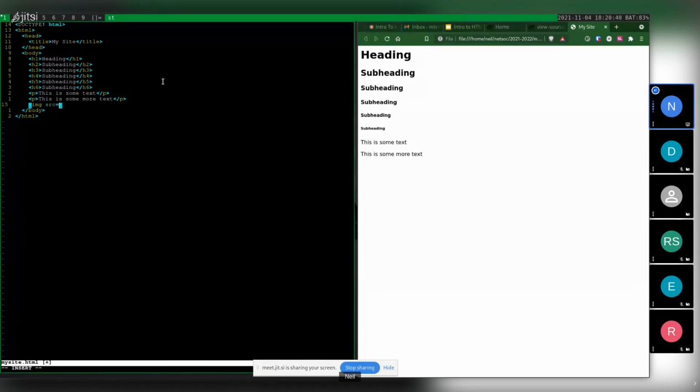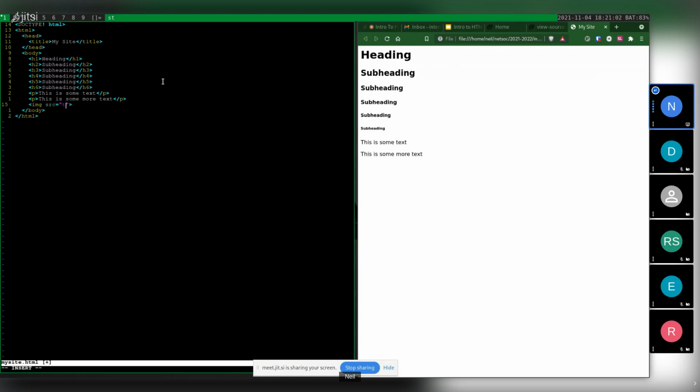So for finding out where the image should come from, you're gonna need to use the source attribute. So write out source followed by equals, and then in quotes,